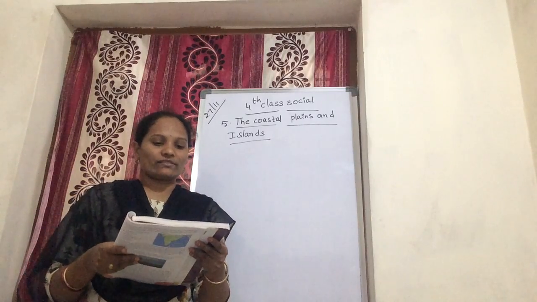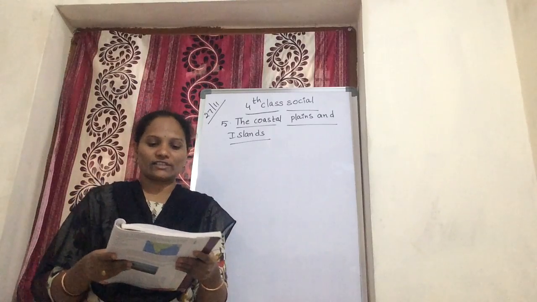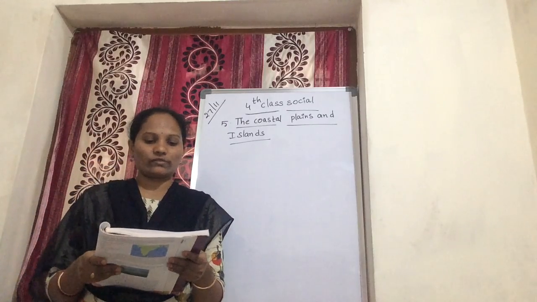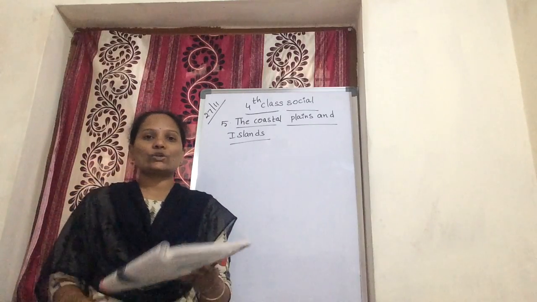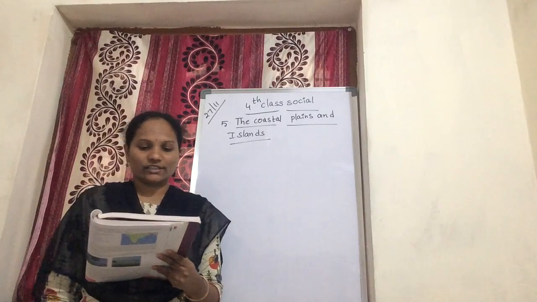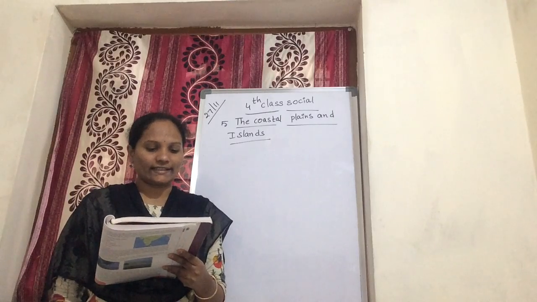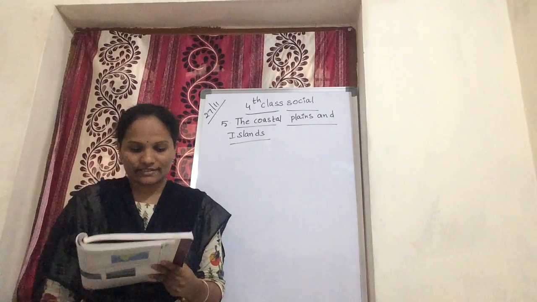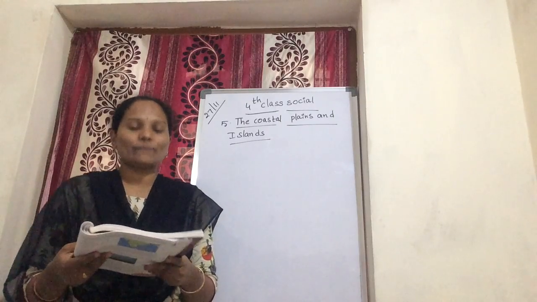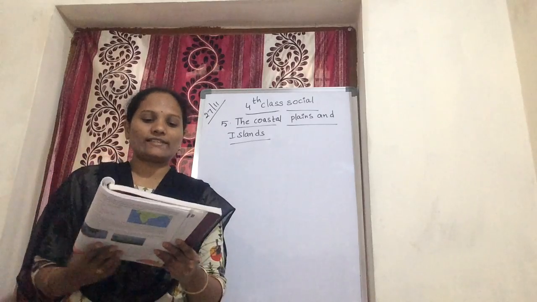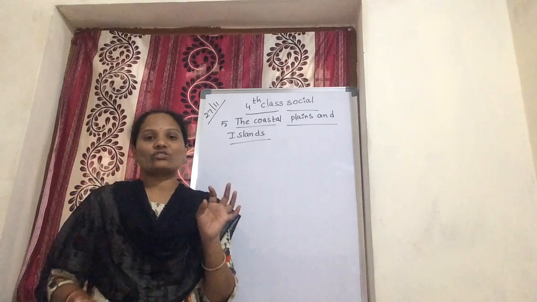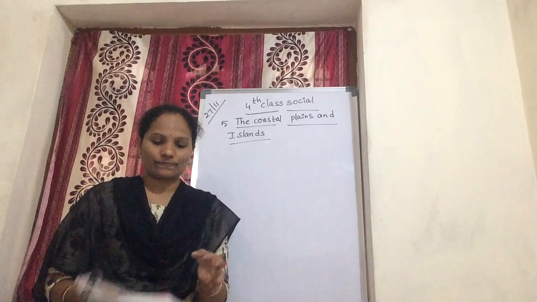The coastal plains of India are relatively expansive regions which contribute significantly to the geography of the region. Now next, coastal plains. Coastal plains of India refer to the low flat areas which are situated adjacent to a water body, usually the sea. What is that, Amma? Coastal plains. Coastal plains of India refer to the low flat area situated adjacent to the sea.